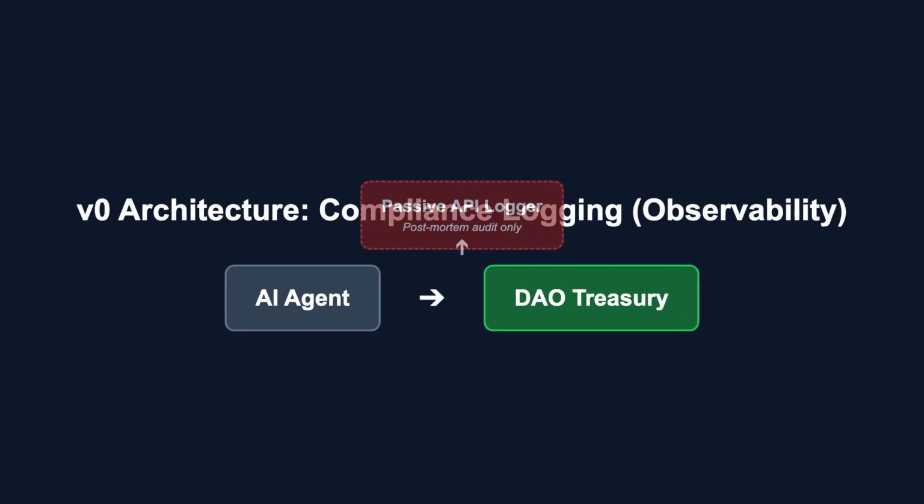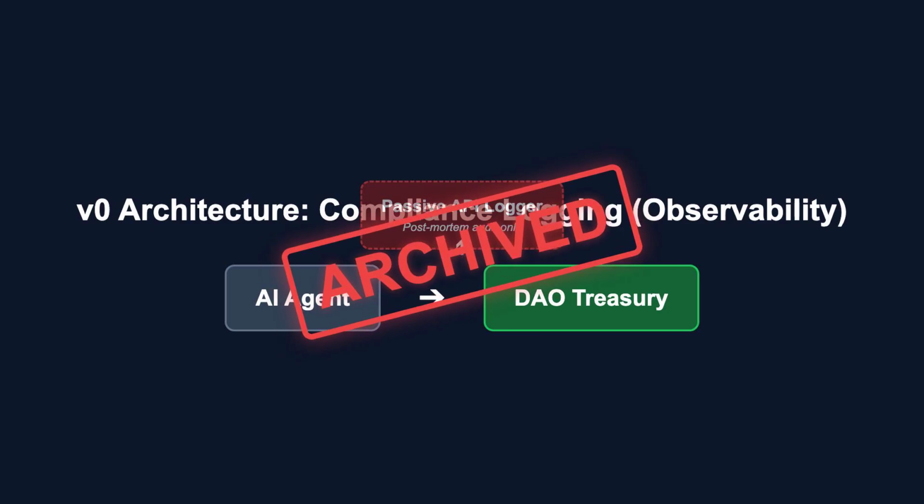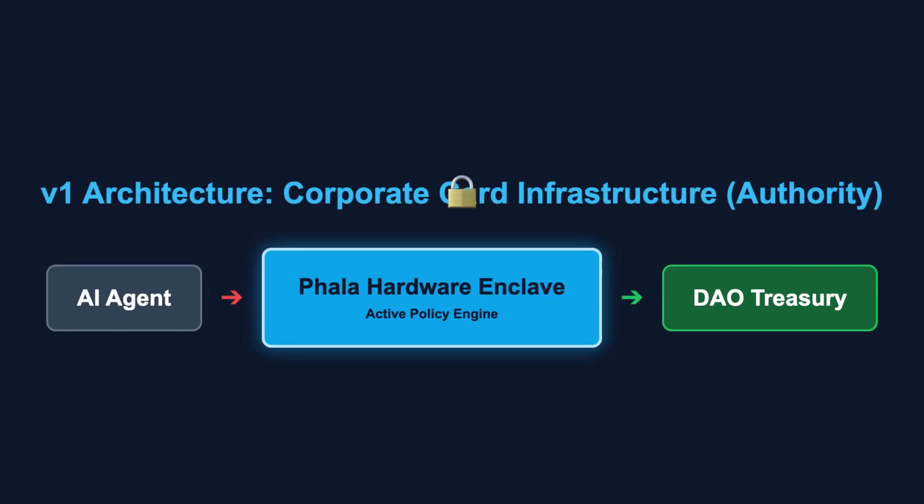Our day one submission proposed a passive logging sidecar for the EU AI Act, similar to the standard API monitoring and compliance logging tools currently on the market. We pivoted and expanded from our own idea mid-hackathon. Red teaming proved that post-mortem logging, no matter how immutable, cannot stop a prompt-injected agent from draining a DAO treasury if it still holds the keys. We realized that competing tools offering observability without authority are just security theater.